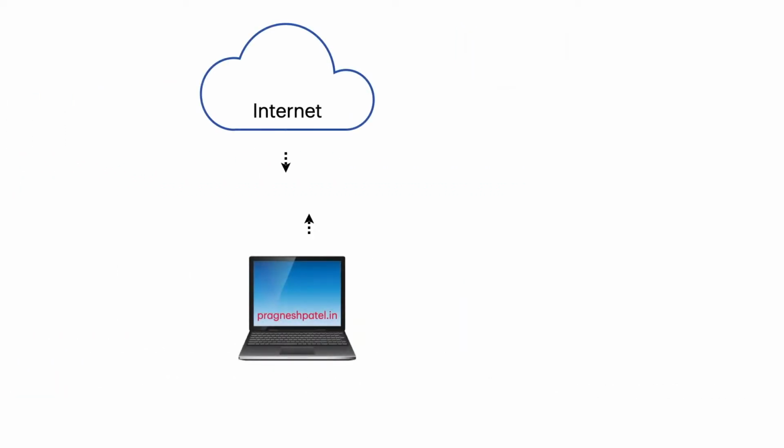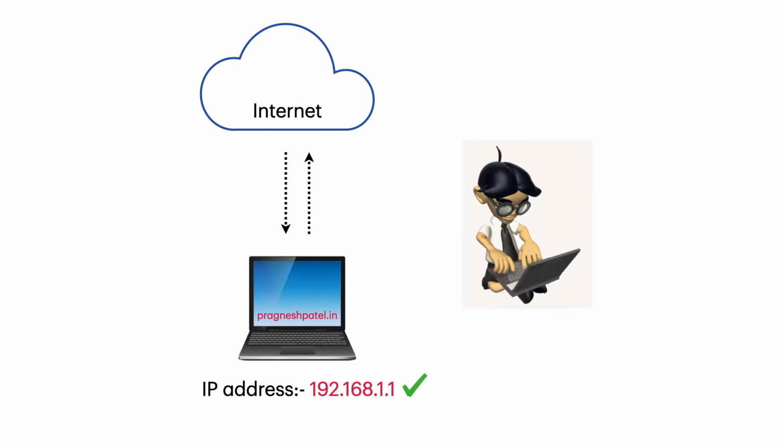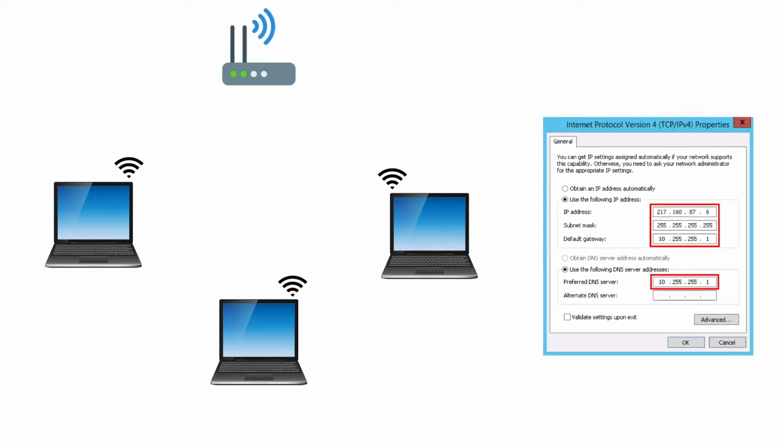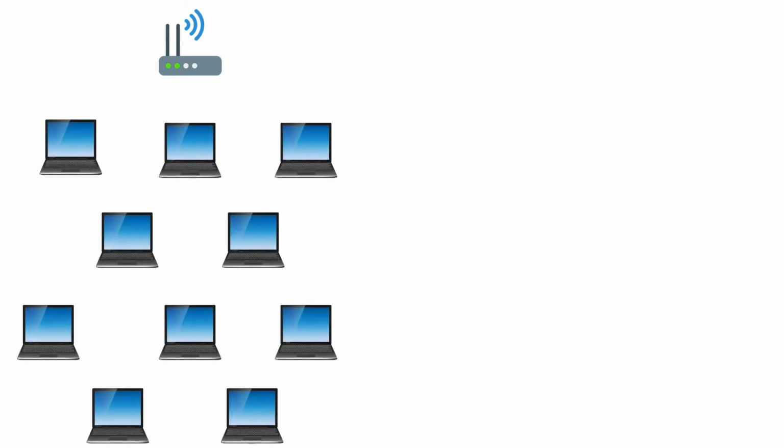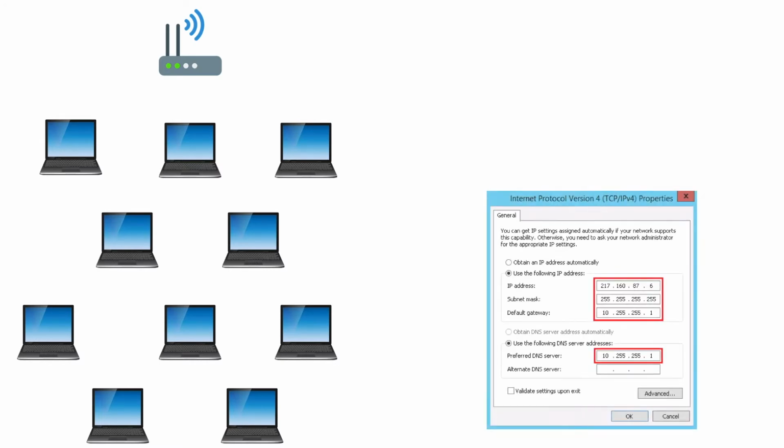So to make the internet accessible, an IP address needs to be assigned to your device by the network administrator, and it can be done either manually or automatically. If the network has only 3 laptops or hosts, the network administrator can go to every device and set the TCP/IP settings manually on each host. However, if the network grows to 250 hosts, it would be practically difficult to configure TCP/IP settings manually